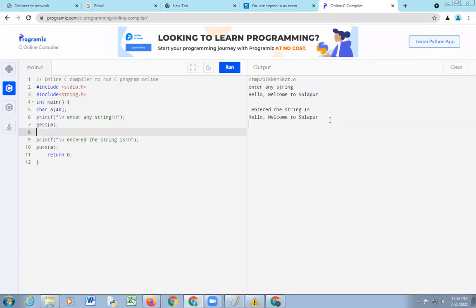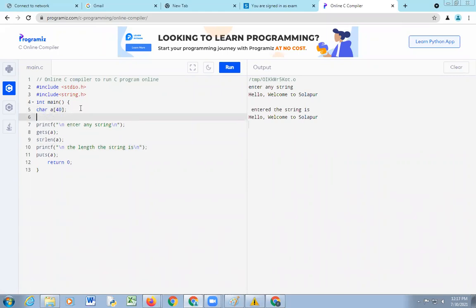So here we are using the function strlen of the entered string a.